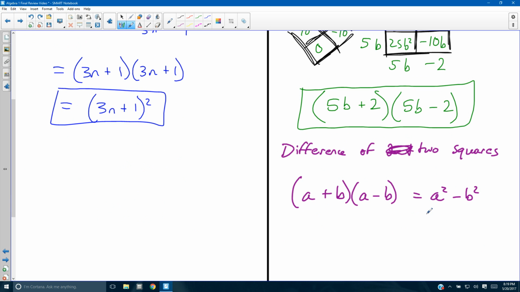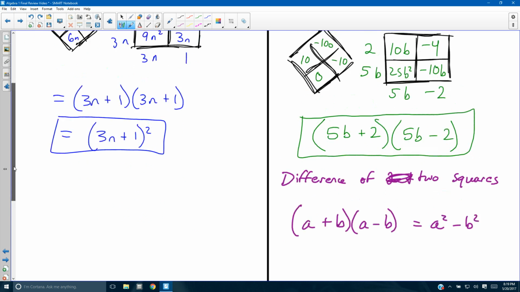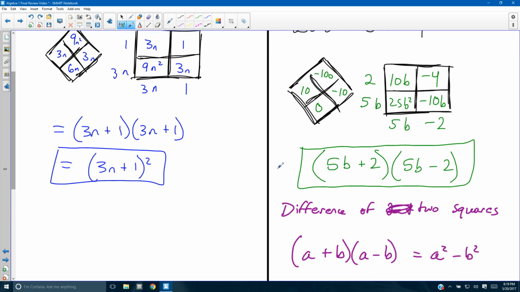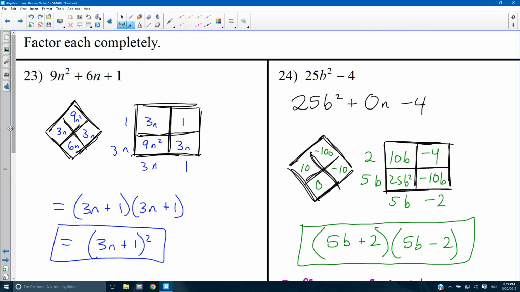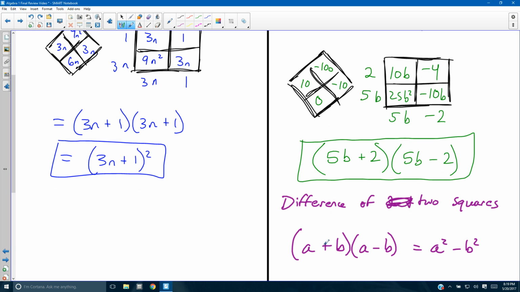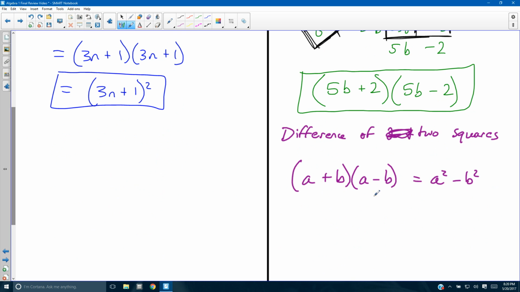A binomial quadratic, such as this one here, two terms with a quadratic here. If a is 5b, like a plus b, and b is 2, and all that stuff, then this is 5b squared minus 2 squared, which is 25b squared minus 4. So there's a relationship here that the more you do this, the better off you are with that special case